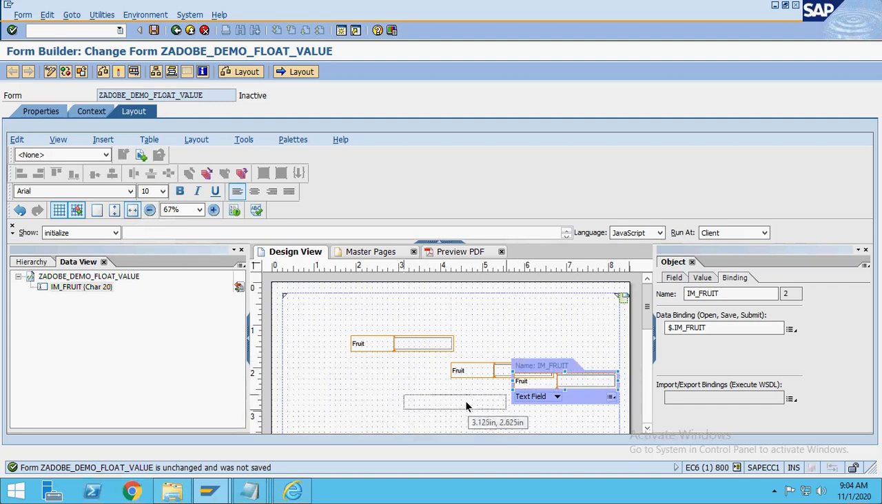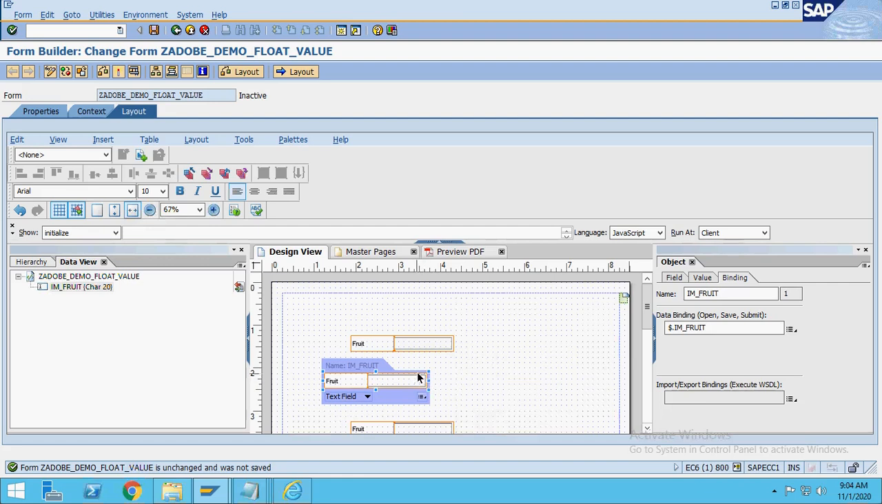So I'm just trying to select it and put it in an alignment. I want to align it. So I have aligned it over here. Now this is the fruits, and the fruit value will come. This is